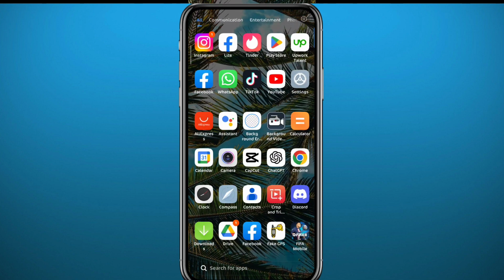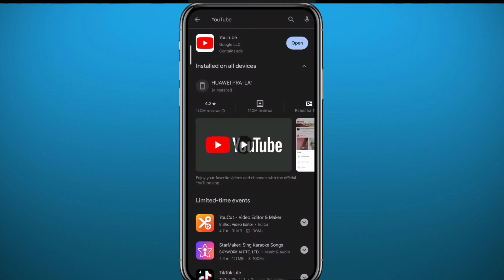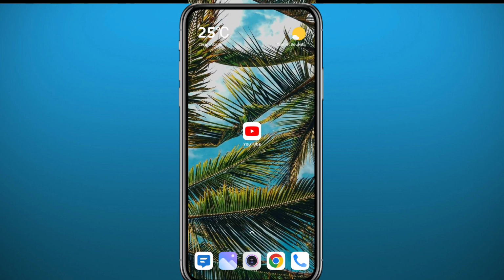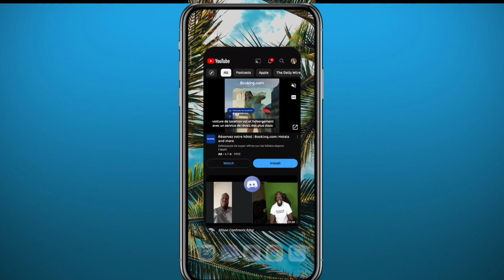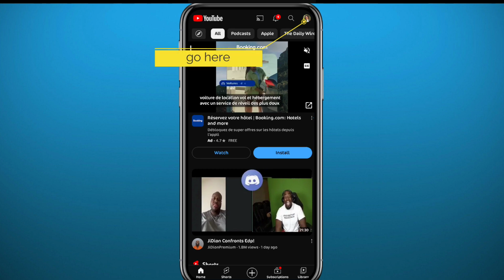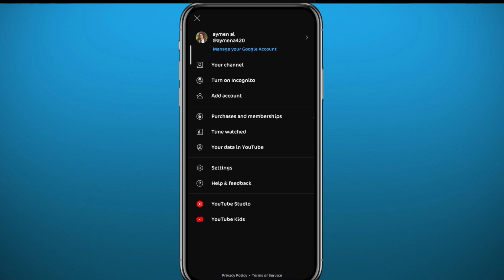First, go to your Play Store or App Store and make sure you have the app updated to the latest version for everything to be fully functional and to have no problems. So after updating the YouTube app, you can finally quit the store and we can go ahead and open YouTube. Make sure, of course, you have connected to the channel that you want to delete the videos from, and then tap right here in the top right corner on your profile picture. Now tap on your channel,